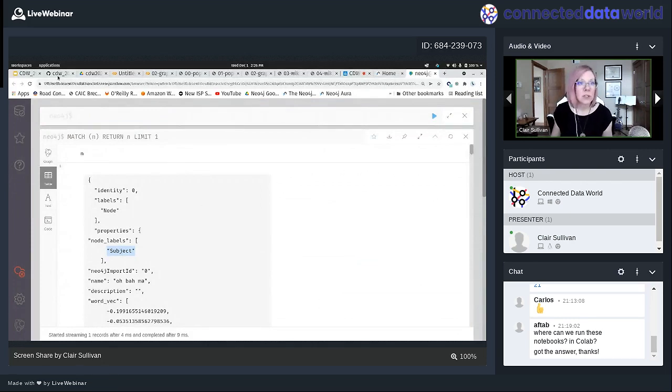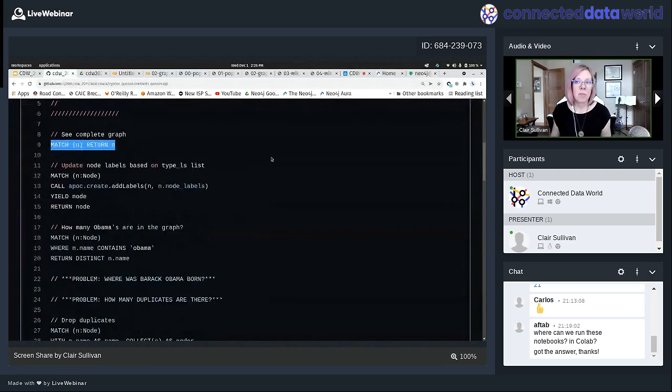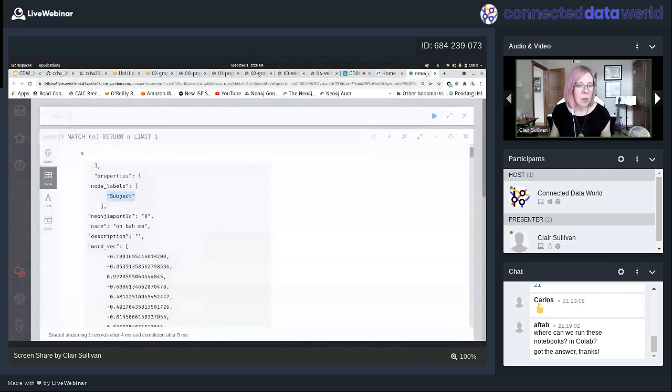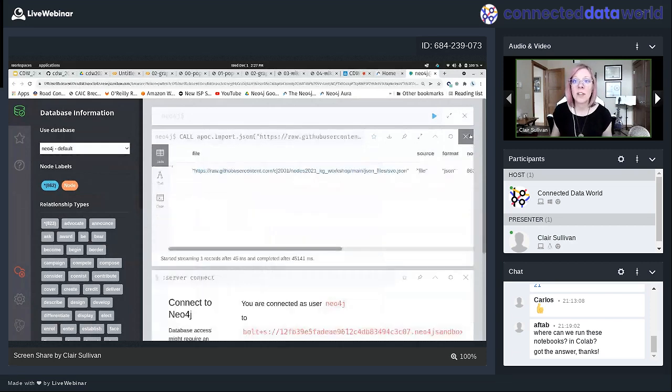Okay, cool. So what's our next query on the list? Okay. You remember I have a node label of subject. But I've just imported everything as a node label of node, and I can see that here with my node labels. I just have that orange node. But we have more information. Remember, we had things like Taylor Swift was a thing and a person, and we actually want to now make nodes that look like that. Okay, so let's do that.